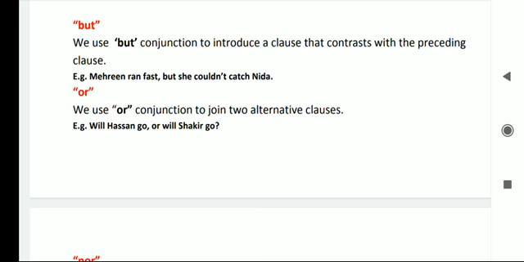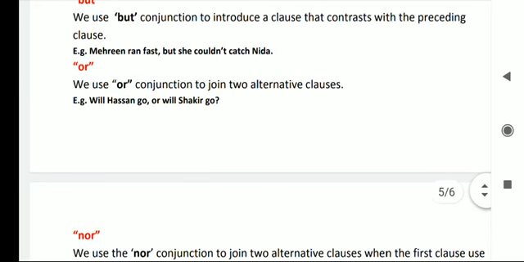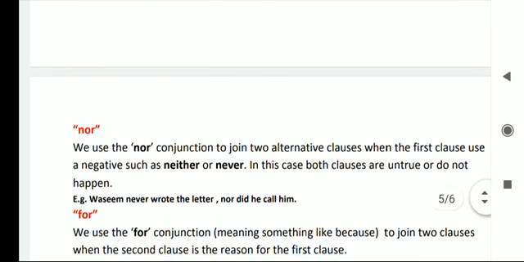So we use or conjunction to join two alternative clauses। So but we use but conjunction to introduce a clause that contrasts with the preceding clause। वहाँ पे हम but इस्तेमाल करते हैं to introduce a clause that contrasts with the preceding clause। और इसकी एग्जांपल है Mehreen ran fast but she could not catch Nida। और हम वहाँ पे इस्तेमाल करते हैं we use or conjunction to join two alternative clauses। जहाँ पे two alternative clauses होते हैं वहाँ पे हम or का इस्तेमाल करते हैं। For example, will Hassan go or will Shakir go।